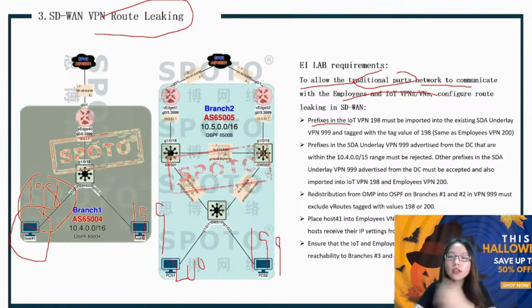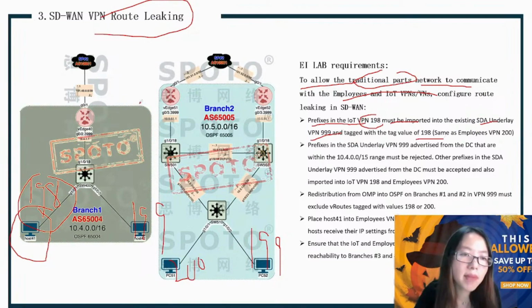So let's talk to you about this data analysis. So prefix in IoT VPN must be imported into the existing SDA underlay VPN 999, and tagged with the tag value of 198. So it means that